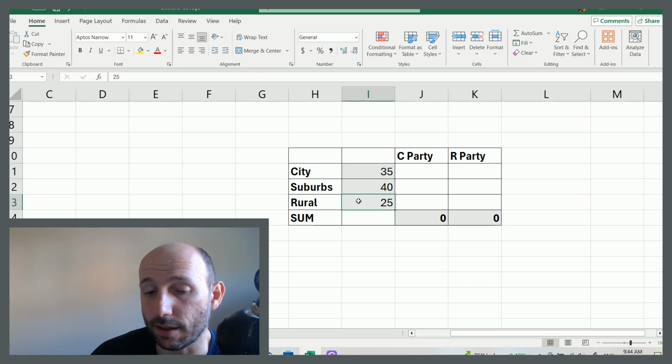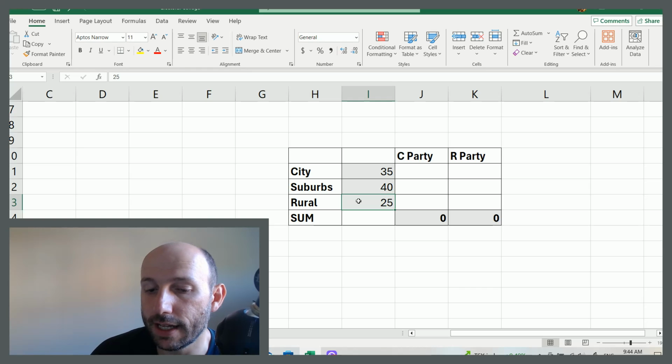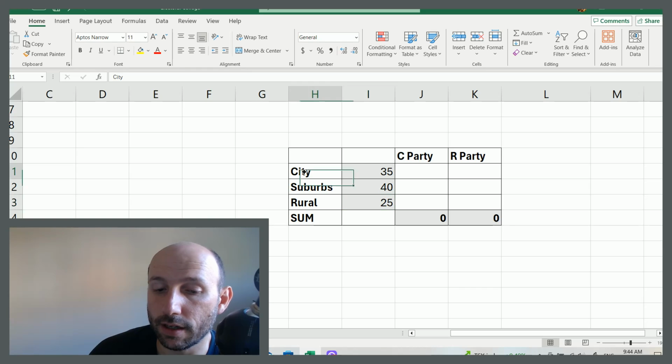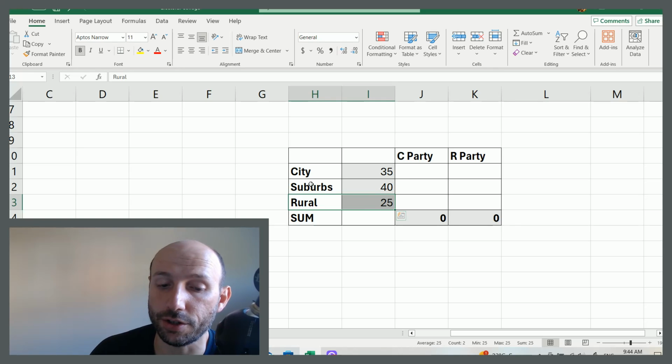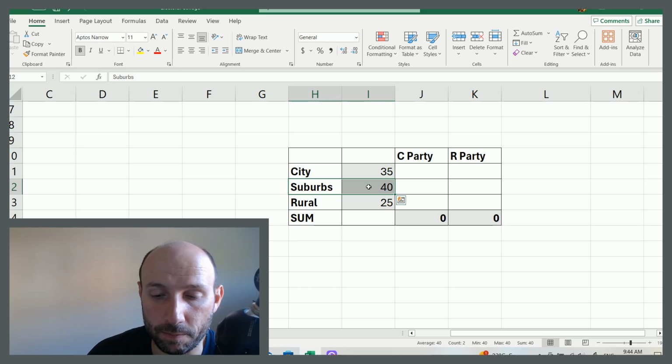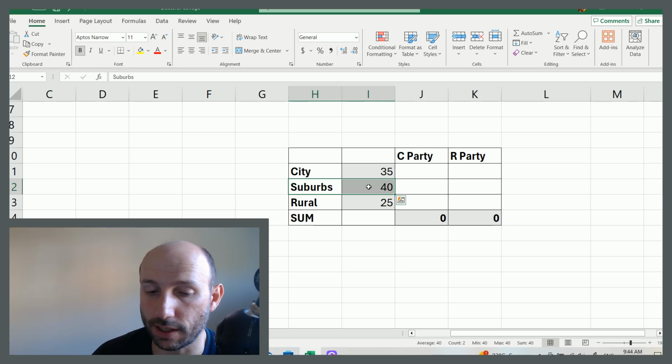And we're going to make an assumption in this analysis. The assumption that we're making is that political divides tend to fall between city dwellers and rural dwellers. Okay, so for a large portion of political issues, that's where the political division is. You have city dwellers supporting one side of the issue, you have those who are in rural areas supporting the other side of the issue, and the suburbs are somewhere in the middle. Okay, I'm not going to get into why we're making that assumption too much, but there are certain economical and historical arguments that can be made that does tend to be the case.